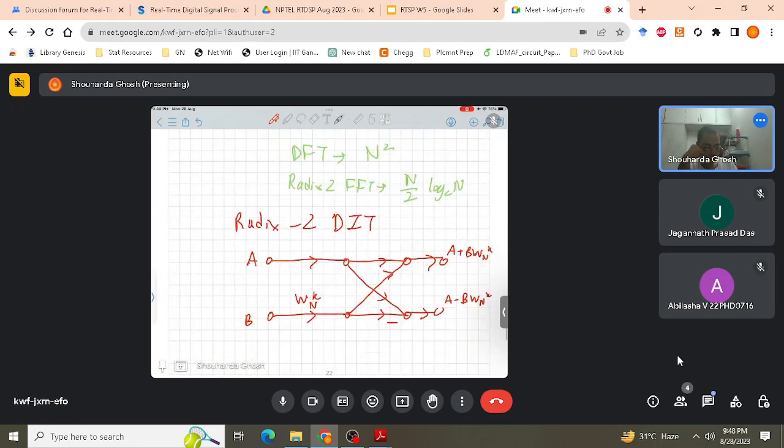the radix 2 butterfly consists of a single complex multiplication, which amounts to 4 real multiplications and 2 real additions, and we have 2 complex additions, which means we have 4 real additions. Now if we add them, a single butterfly consumes 4 multiplication units and 6 addition units. Okay,